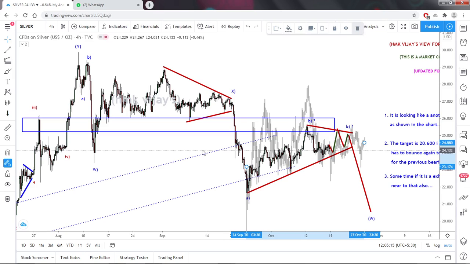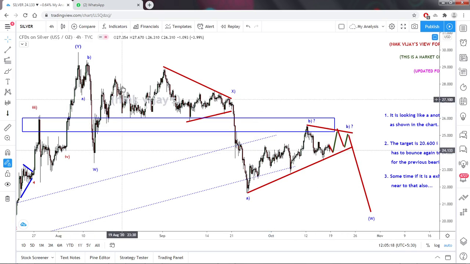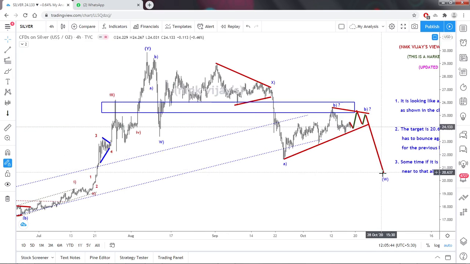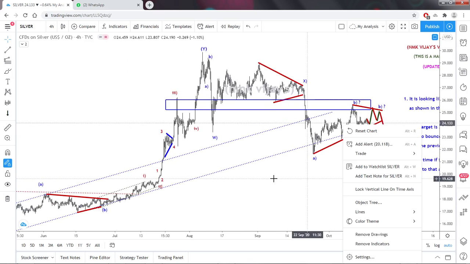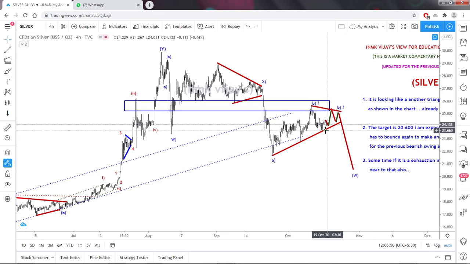So here A, B, C, A, B and C, same thing. For this price action here it's already gone. Now the same kind of price action, it did the same here, and now we are in this zone. So once the price action is completed here, we need to place a stop loss of 25,600 for the target of 20,600, or it could be $19 also, because whether it is a Y, X means it will be a very three-way structure.